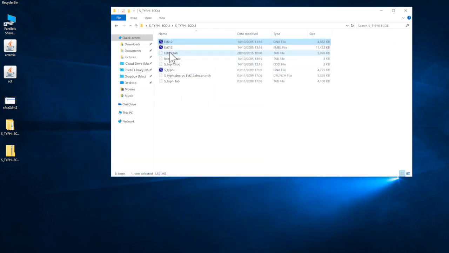You notice also there's some tab files, and they're just a reduced version of the EMBL file that we were looking at, which Artemis can load up and interpret. We'll also use in the Artemis comparison tool later a crunch file, and it's just worth having a quick look at those